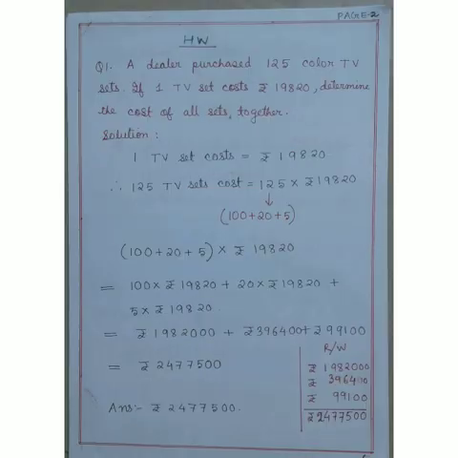Homework part. Question number 1. A dealer purchased 125 color TV sets. If one TV set costs rupees 19,820, determine the cost of all sets together. As it is a statement sum, I shall write the solution as: one TV set costs rupees 19,820, and therefore 125 TV sets cost 125 into rupees